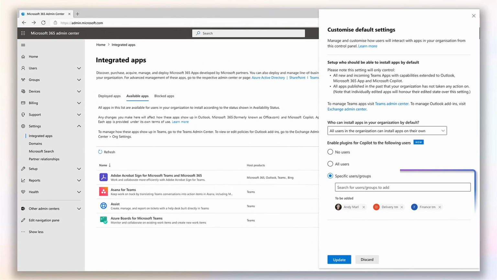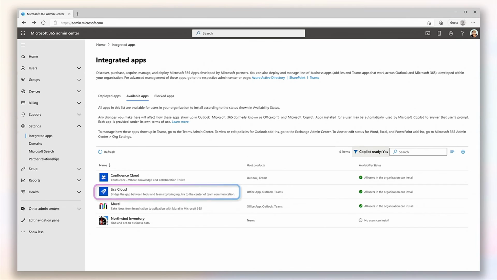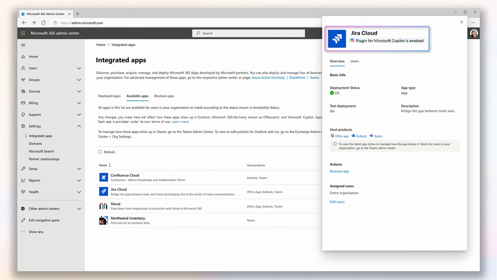And we've made it easy for you to select specific users, groups, and distribution lists that should have access to that plugin in your environment. And across all those controls, you can apply them to both experiences built by partners like Jira and to experiences built for your own organization, like the experience Rabia built earlier. Managed all in one place and across Microsoft Copilot experiences and more broadly across the Microsoft 365 suite.